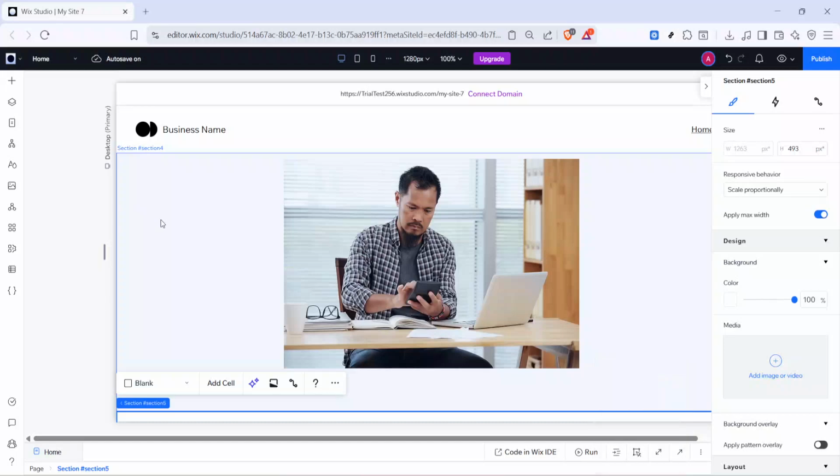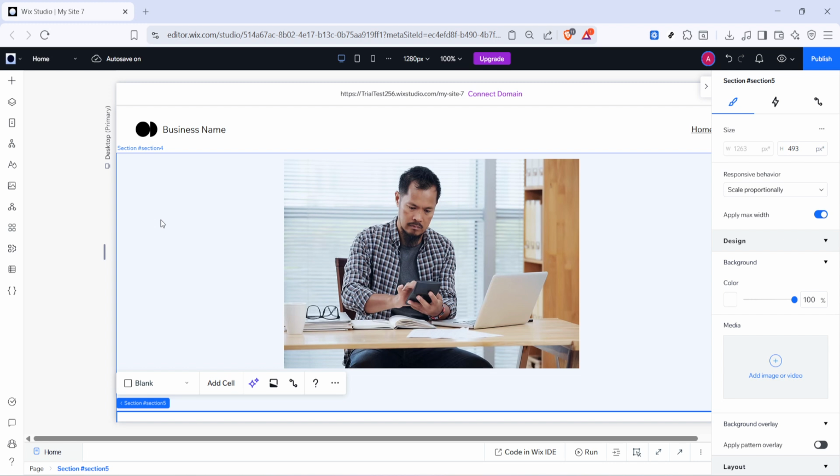In today's video, I'm going to teach you how to hide a section on desktop in Wix. If you've ever wanted a part of your page to show on mobile but not on desktop, or you're running a desktop-only promotion that you want to temporarily remove, hiding a section is the cleanest, most reliable way to do it. First, make sure you're in the Wix editor or Wix Studio with your site open and that you're viewing